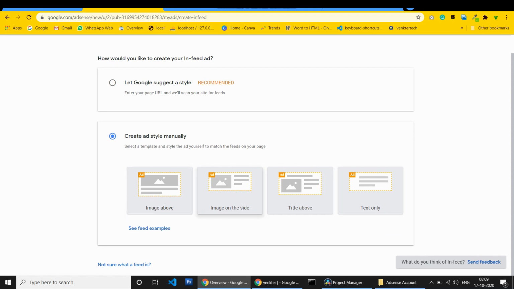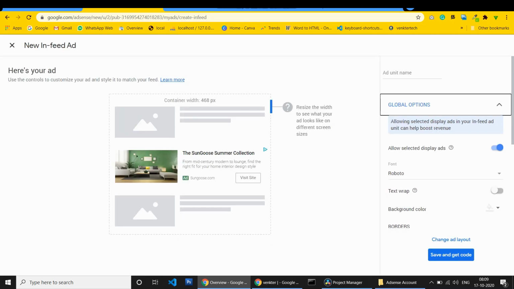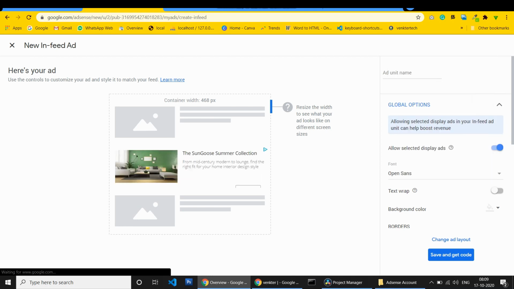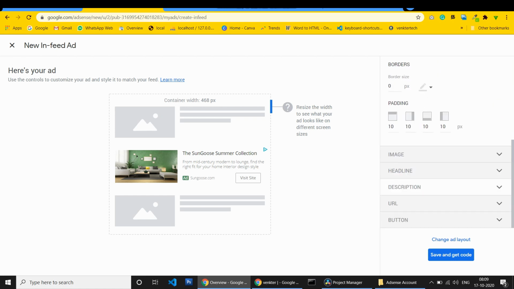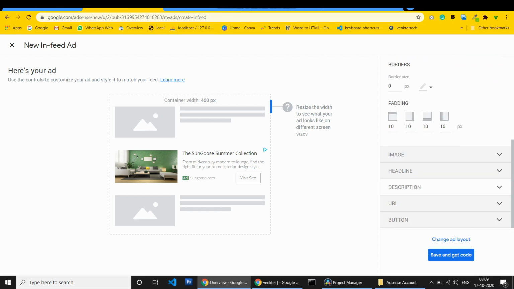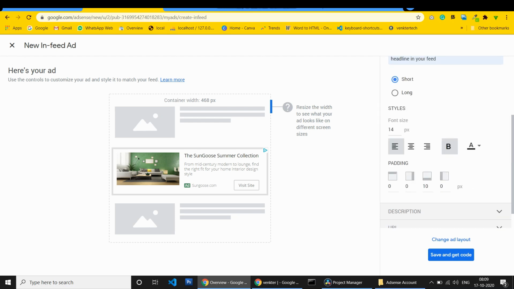Create style manually. I am clicking image and side. What kind of font size are we looking for? We get it like that. Text wrap. There are a lot of options. We can customize it. If we want to differentiate the post from the advertisement, we can do it here.